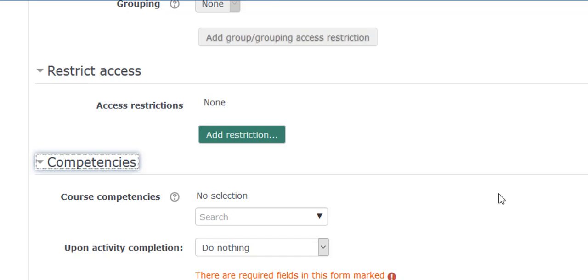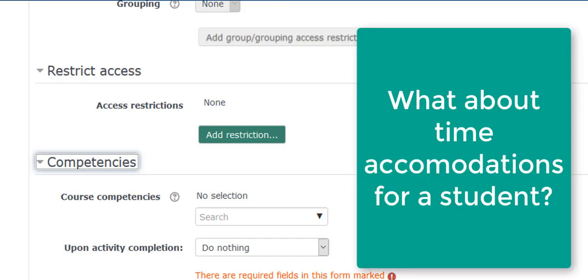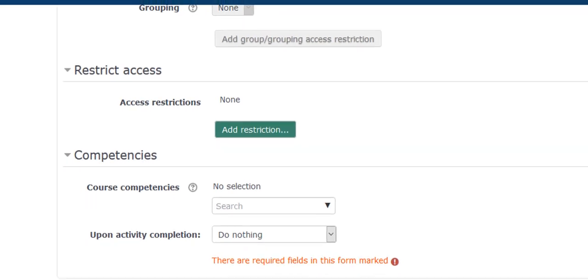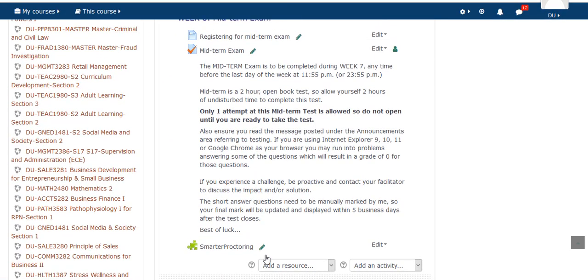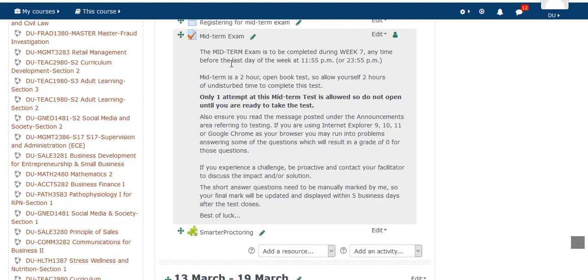So lastly, and one of the questions that we get most is, what if we have to make adjustments for a particular exam, quiz, or test for a student for an accommodation? So let me show you how you do that. What we're going to do is return to the course, go back to the midterm exam,